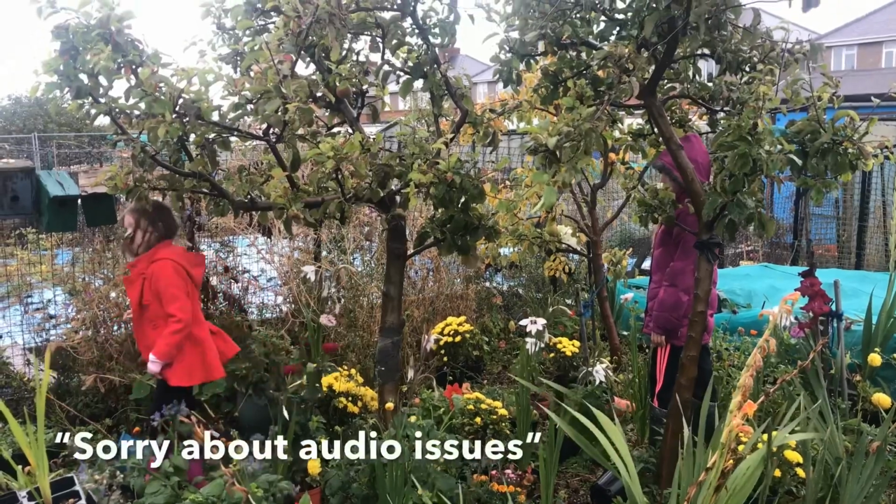Right, we're going to get these apples taken off the tree. I'll take a few videos of them doing it, then we're going to show you how to store them. Okay, so we're going to get cracked on now. So what the two girls are doing,